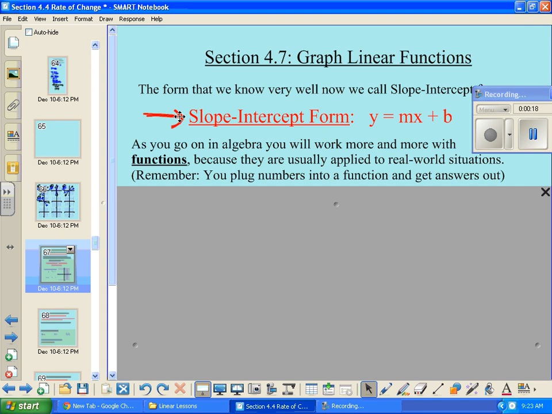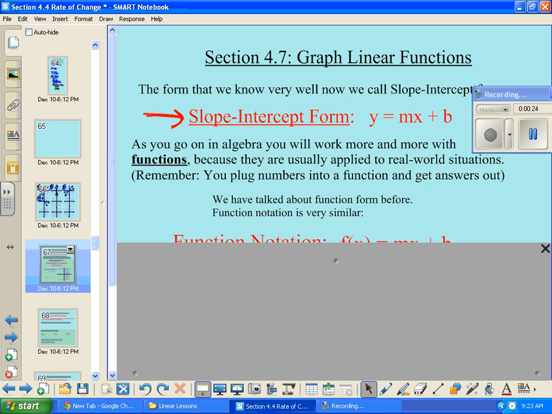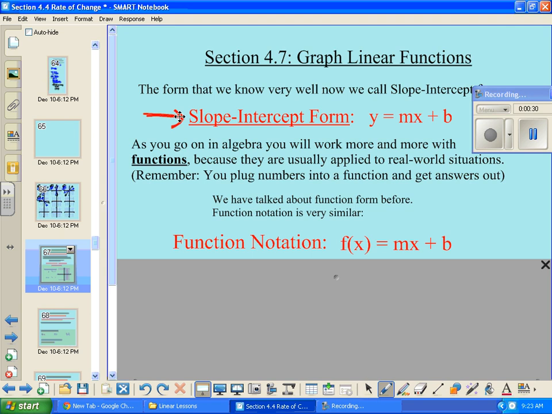Slope-intercept form, y equals mx plus b. I'm going to show you function notation because you're going to notice something: they look very similar. Function notation, of a linear function, looks like f of x equals mx plus b. So the right sides of our equation are both really the same exact thing. The only difference between slope-intercept form and function notation is on the left side of the equation, they just look